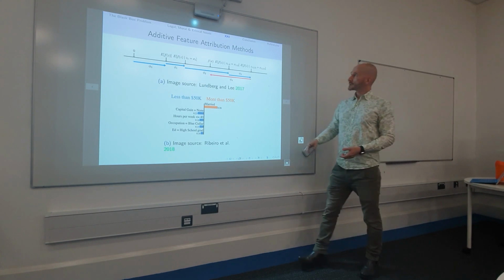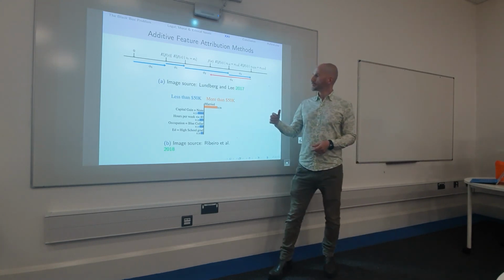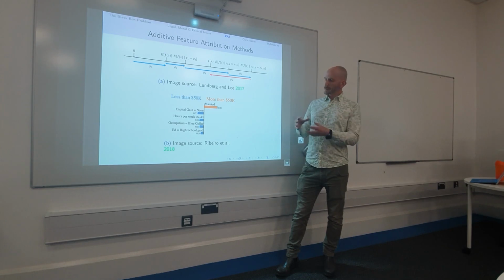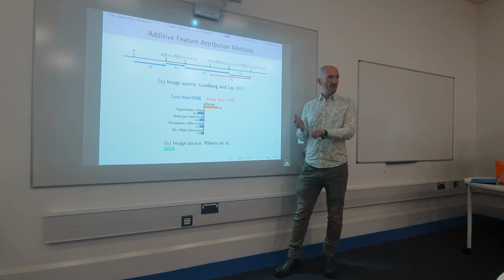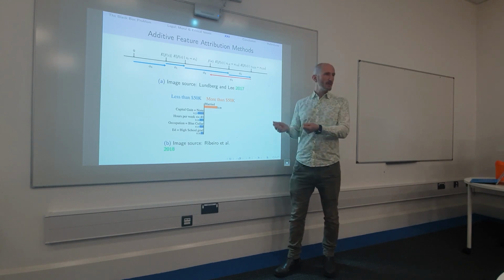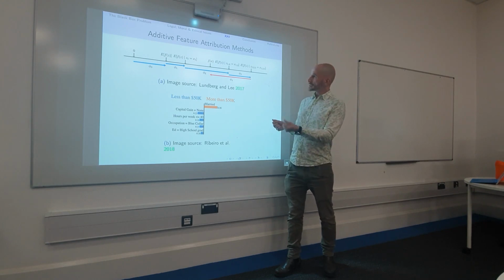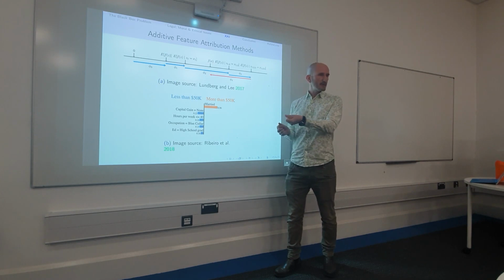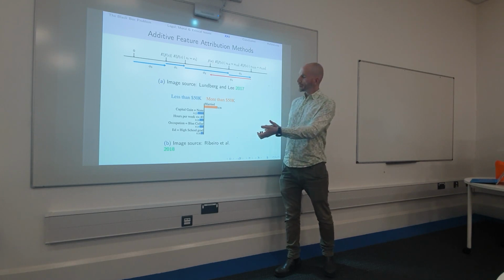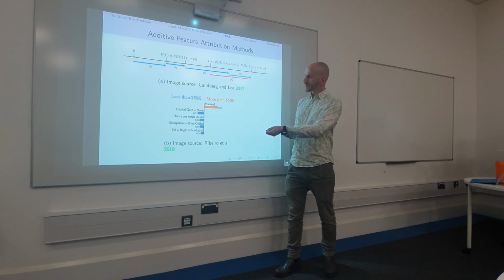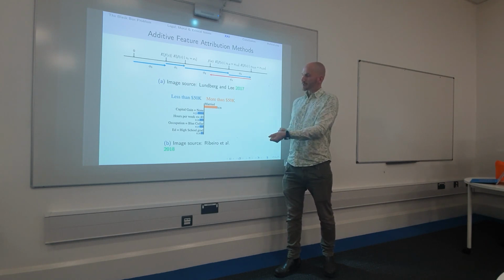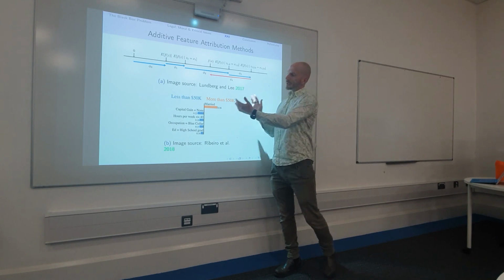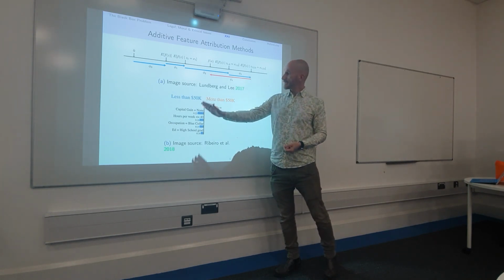So additive feature attribution methods. The way they work is to take the instance that you're trying to explain. In this case, we've got an individual who we need to classify as being in the lower or the upper income bracket. An additive feature attribution method will take all of the most important features that contributed something to that decision being made and generate a numeric value to associate with that feature. And then the summary or the aggregation of those values will add up to the decision that's made. So in this case, it's adding up to the probability that it will be less than or more than